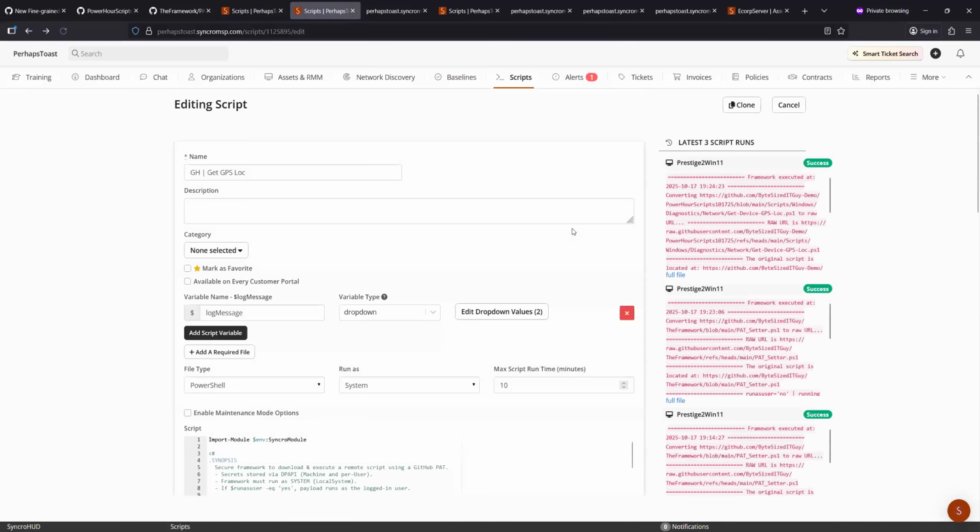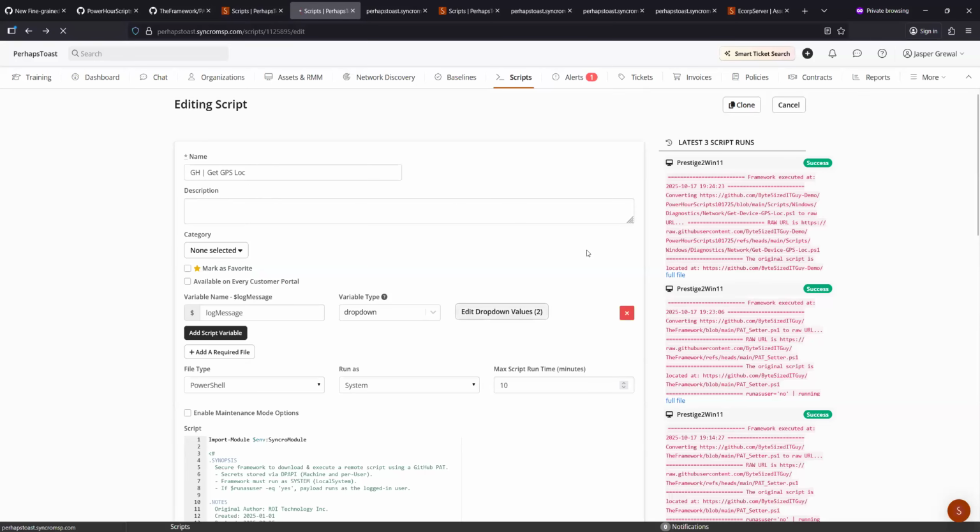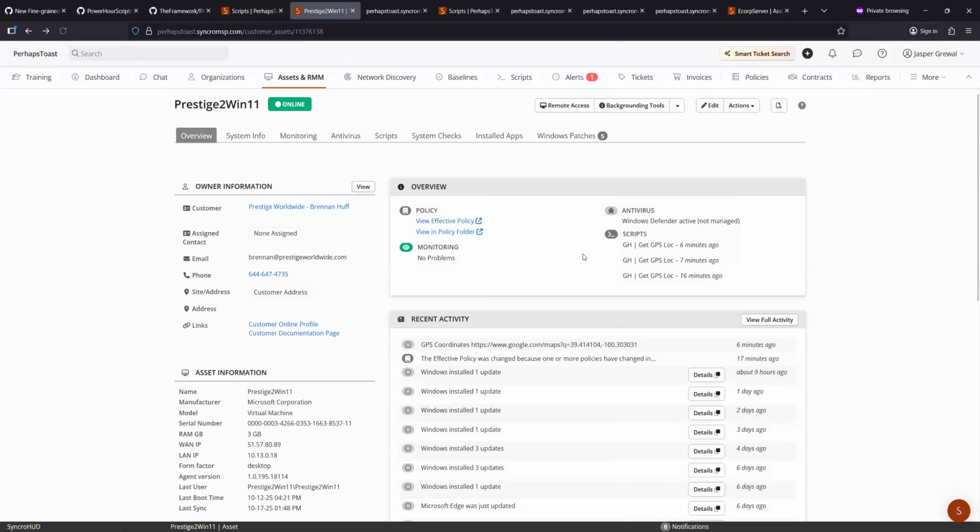Great. Yep, you can call platform variables. You can write log messages. That script is running on the local workstation and it has the Syncro module imported. All the framework wrapper script is doing is facilitating the storage of that script somewhere else and then bringing it in at runtime. It's aware of whether or not it's running as system. It needs to run as system. So that's actually in our public repository with the framework, we do mention that,